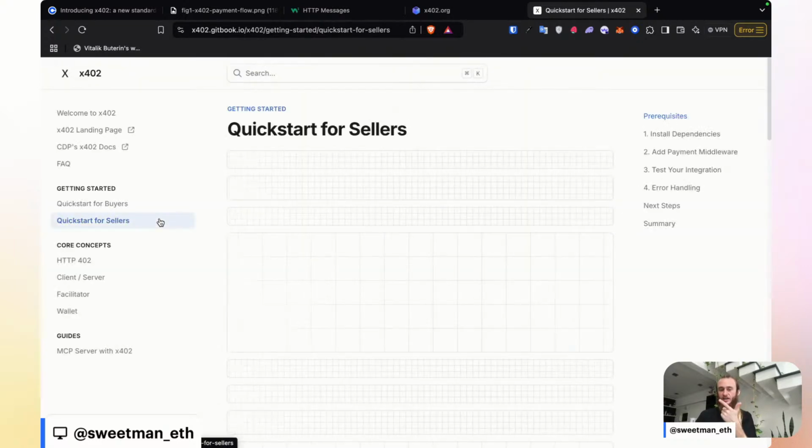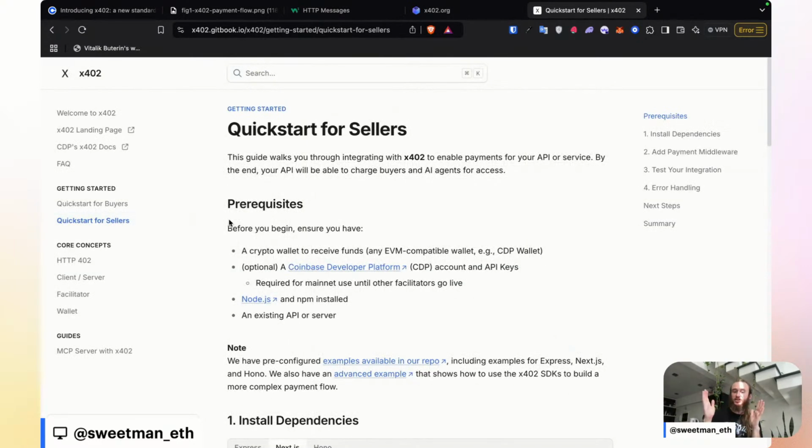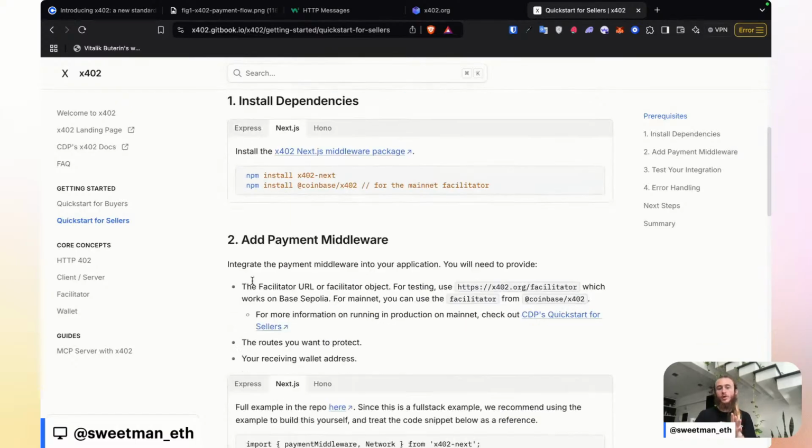Let's move into the seller side. So if you want to make a purchase, you're just going to make your request and pass in an account using a library like Fetch 402 or Axios 402. But let's say you're watching this and you're a musician or you're an artist or you're a business owner, you're an entrepreneur, and you want to sell services behind a paywall using x402 for internet native payments. For you, what you need to do,